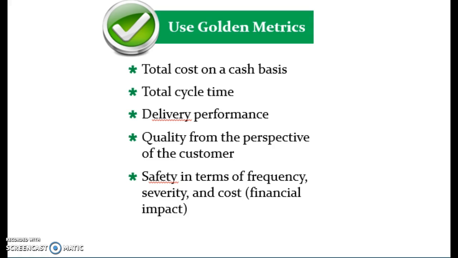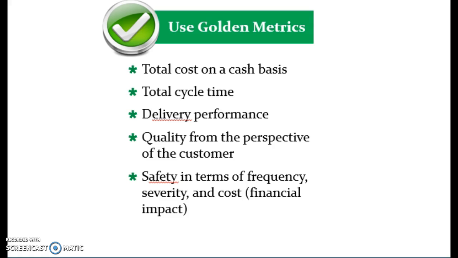Let's look at the golden metrics. Total cost. The most meaningful measurement of total cost is on a cash basis. All money spent on manufacturing must be summarized in the total compared to the previous period, rather than a flexible budget or plan. Total cycle time. Total cycle time is a measure of manufacturing performance that is calculated by studying major purchased components and determining the total days on hand of each one.